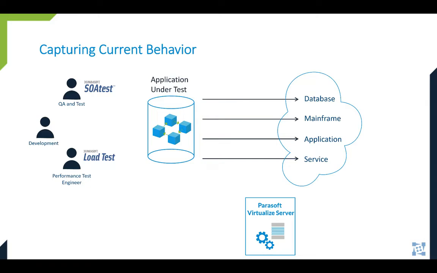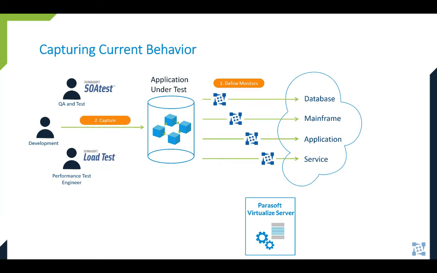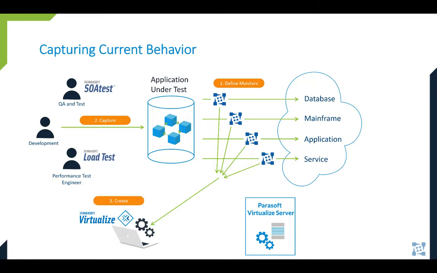or even other applications. Now, our first step is to define monitors or proxies that intercept the communications between our application and its back-end resources. These resources have API traffic flowing between them, and Parasoft's recorder gives you the ability to capture that. So next is to go about the steps we want to take in our test while pointing at that live resource, recording those responses. We then collect that information, those transactions and data, and we use them to create our virtual asset.